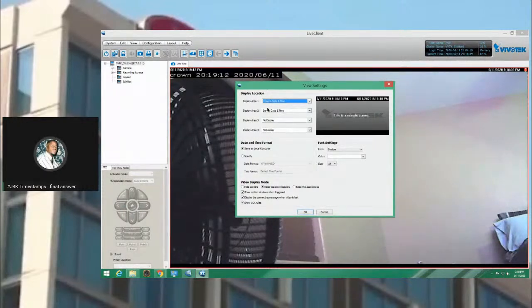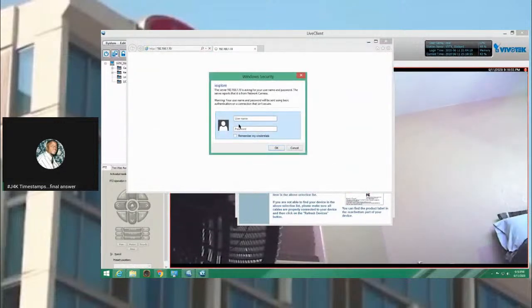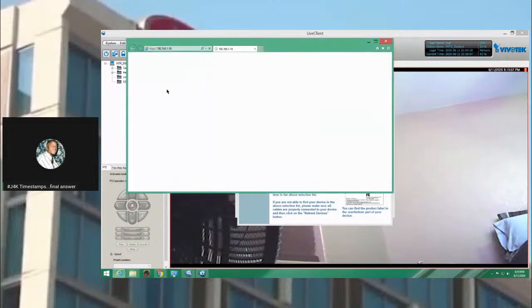Now, the question is, we know the server date and time is obviously the computer that it's on. This is the server. So how is this a stat? Let's see, I'd have to go back to this. Oh God. To determine how did I select a camera time, and I don't believe I did. I picked, if I'm not mistaken, I picked sync with